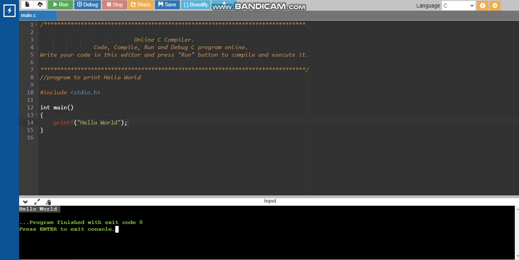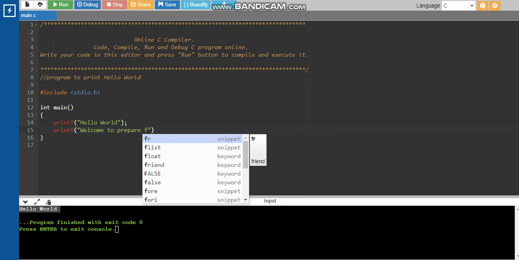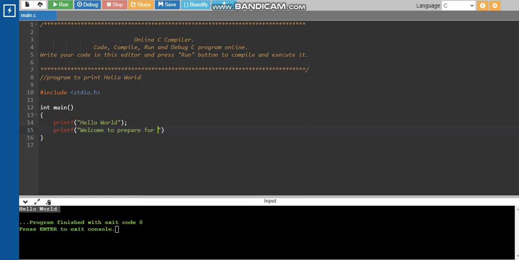Now, if you want to write something on a new line, let me write another printf statement here. Let us write welcome to prepare for programming.